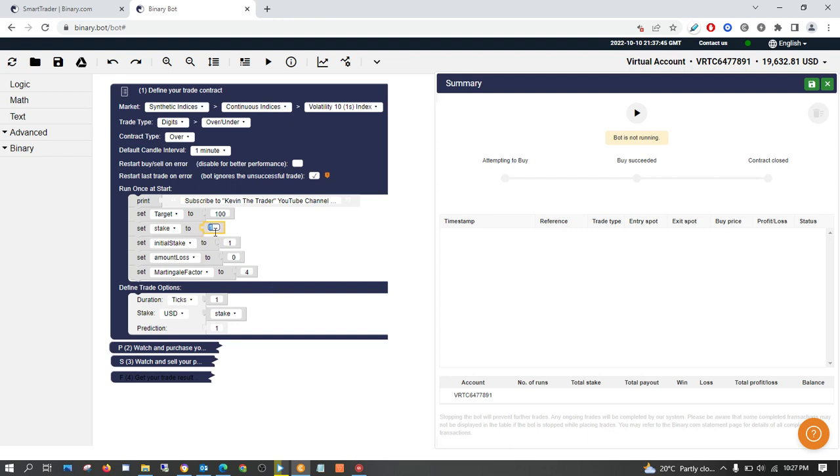But in this video, I'm going to stake with $1, because this bot does not lose more than 3 times in a row, I think. And according to how this bot is developed, it will not allow you to lose more than 3 or 4 in a row. Okay, so maybe it happens, but I haven't experienced it.